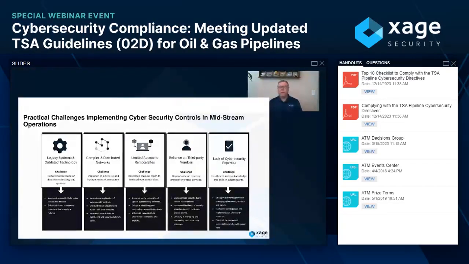So the challenges to implementing cybersecurity controls in midstream. All right, we've already talked about legacy systems and outdated technology, but there is a different form of complexity to these networks. They're not so cut and dry with the way we do it in IT, where we're going to add maybe a new switch and 50 drops for PCs, and we have this very simply architected way to do it. Everything falls in line. It's got standards, so on and so forth.